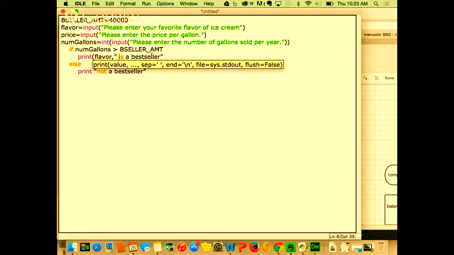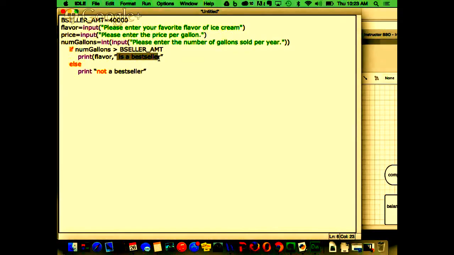is, oh, why is that not all in orange? Oh, I know, these quotes, it doesn't recognize usually. Whenever you copy, usually you have to redo the quotes. Is a best seller. Oh, and I was going to put a space here so it's not right up against the flavor.